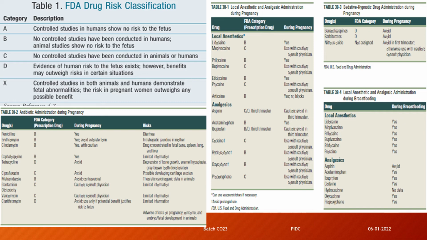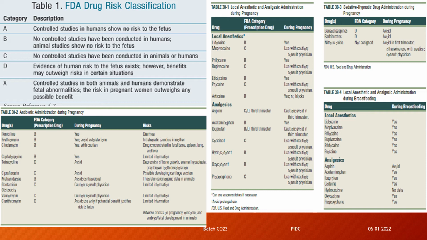And also you can avoid ciprofloxacin and gentamicin, whereas clarithromycin should be totally avoided. It has been shown that these could cause adverse effects on pregnancy outcome and embryo or fetal development. Then coming to local anesthetic and analgesic administration, you can see local anesthetics like lidocaine, mepivacaine, prilocaine, and